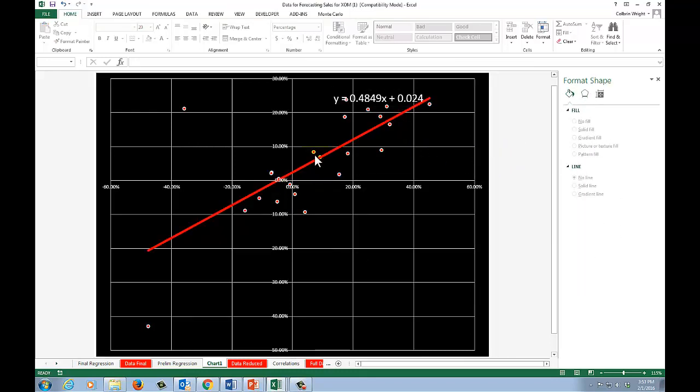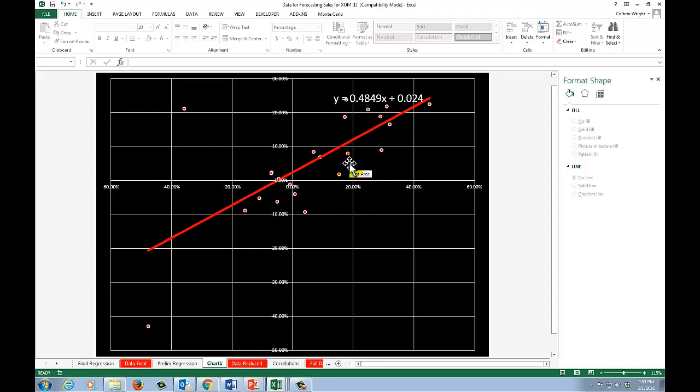Okay, so what I've done is I've added the trend line in. So here literally is the line. This is the regression line. For those of you that are statistics junkies, the way that you estimate that line is by minimizing the squared vertical distance between the dots and the line. So you use calculus to minimize the squared vertical distance between the dots and the line, and you come up with a line that, quote, best fits the data.